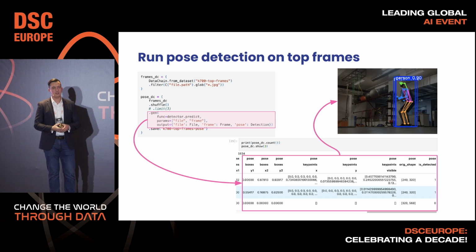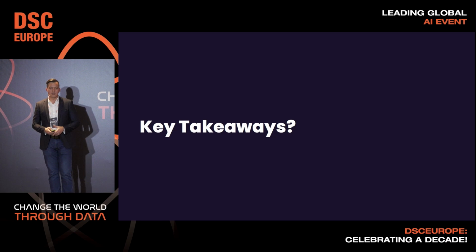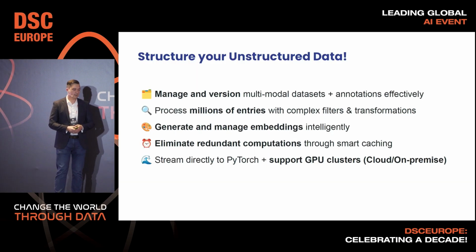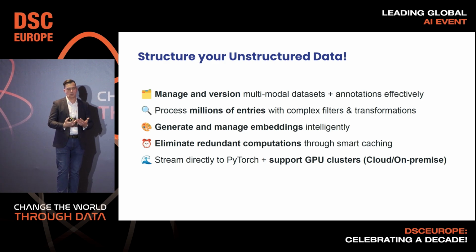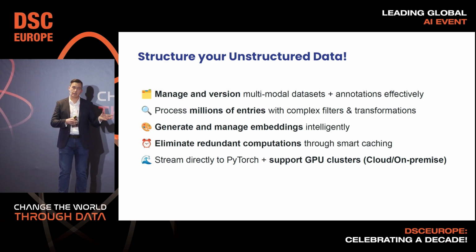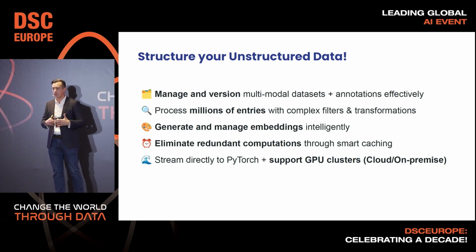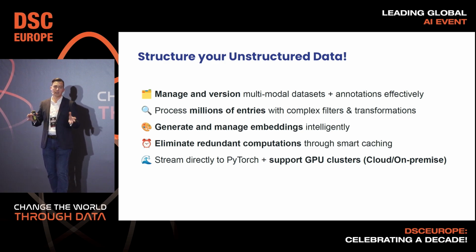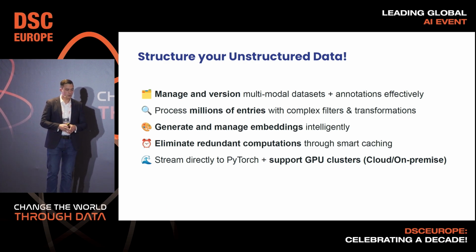So, it's pretty handy and efficient. Yeah, so you can visualize it. To summarize, the way DataChain approaches these problems in unstructured data management is that it helps to manage and version data, both datasets, binary data, and annotation metadata. It can efficiently run parallel processing on millions of files using your on-premise cluster with GPUs or cloud GPUs, and